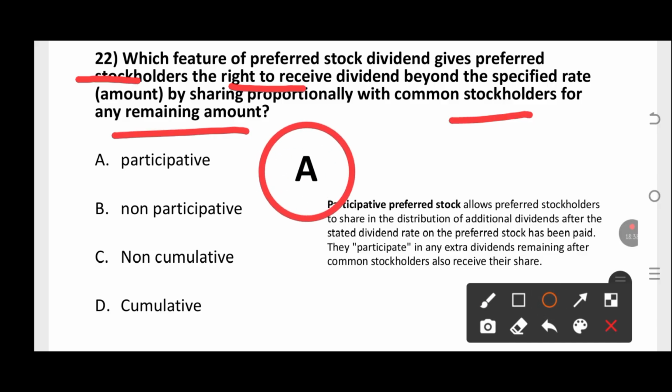What is its meaning? Participative preferred stock. I have said that we have to consider features of preferred stock dividend. Participative preferred stock allows preferred stockholders to share in the distribution of additional dividends after the stated